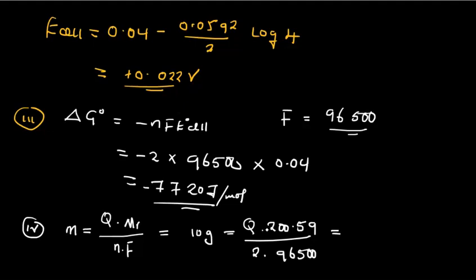So now to get Q, we make Q the subject of the formula. So let's try and calculate what Q is. Okay, perfect. So now in this case our Q is equal to